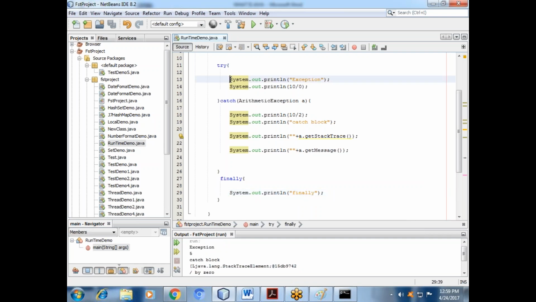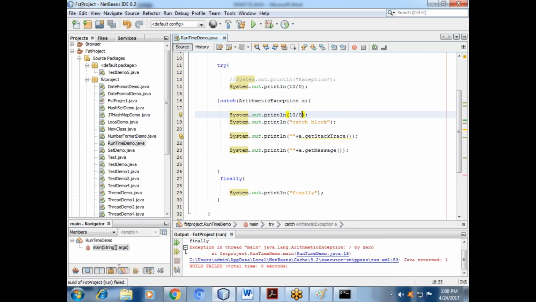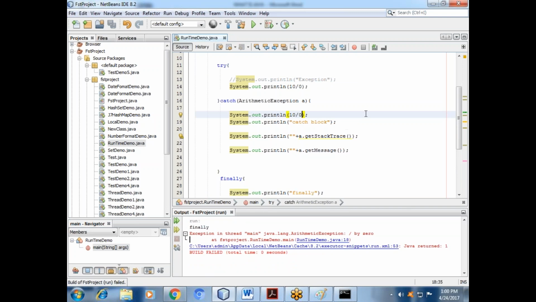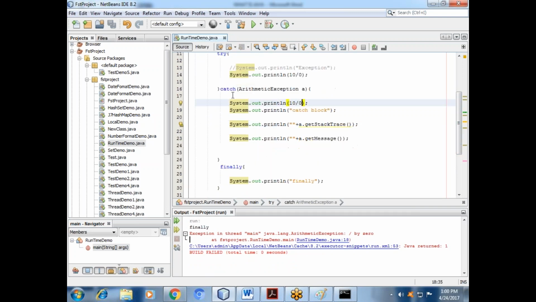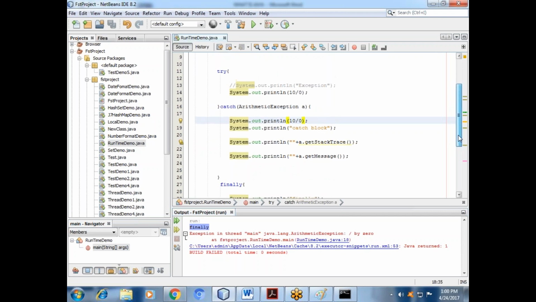Suppose you comment this one, and you use this one. See, anyhow, whatever problem we have faced in the try block as well as the catch block, will finally execute or not? We haven't seen anything from the catch block, right?